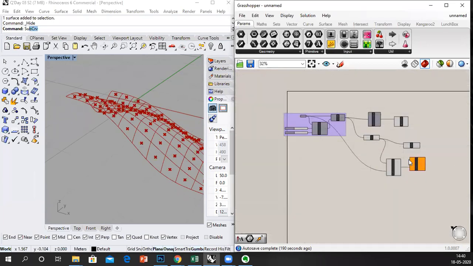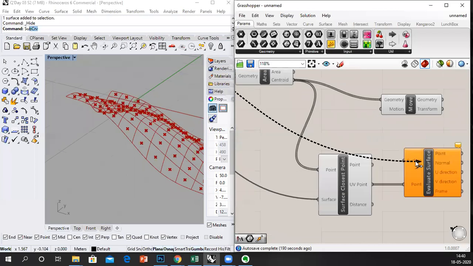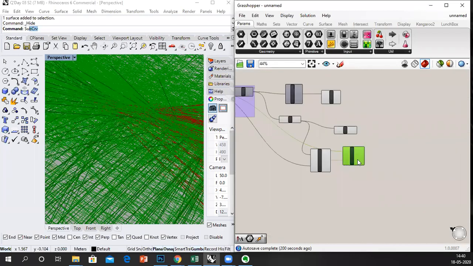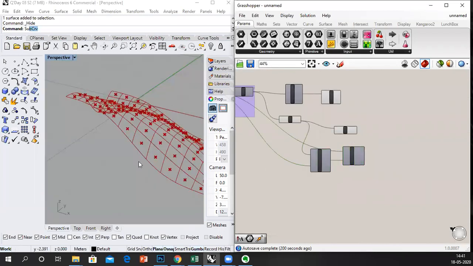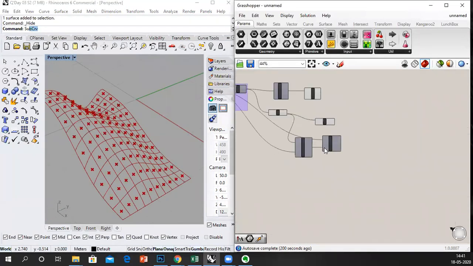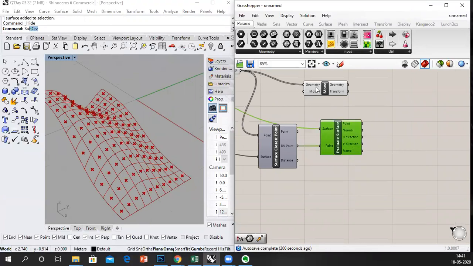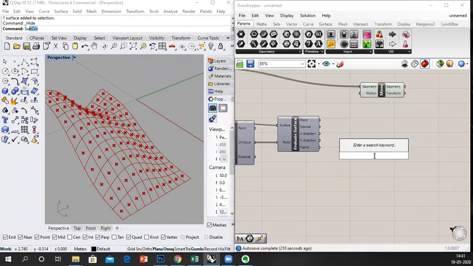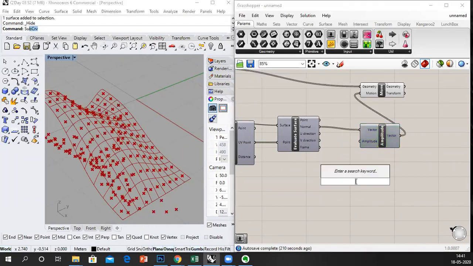And again, surface, and I'll just quickly hide it. Don't worry about the whole aesthetics. So here, using evaluate surface, I got the normal direction. Now I can multiply the normal direction by a value, so amplitude. I've connected the normal to the vector, and for amplitude I'm gonna set it as 0.1